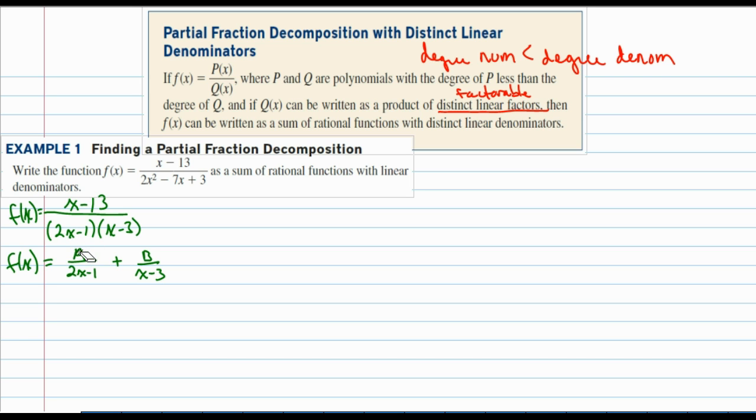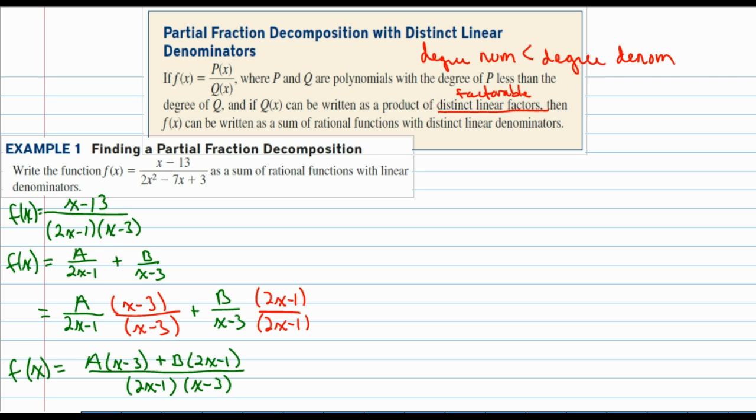There's going to be some constant over 2x minus 1 plus some constant over x minus 3 that will equal this rational function of polynomials. So let's find a common denominator. I'm going to multiply a over 2x minus 1 by x minus 3 over itself, and b over x minus 3 by 2x minus 1 over itself,